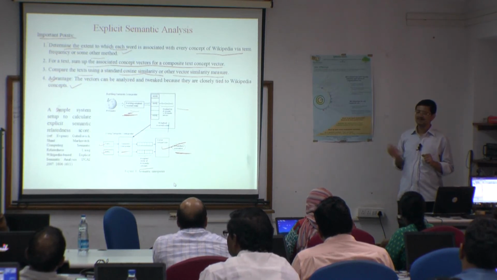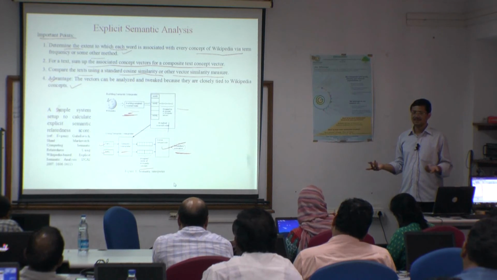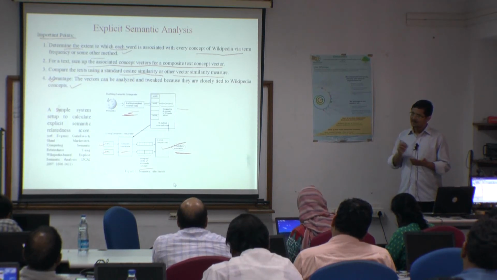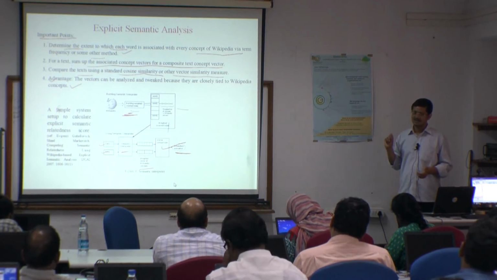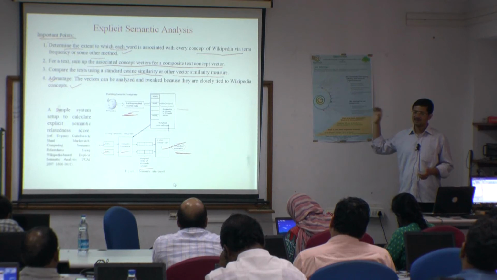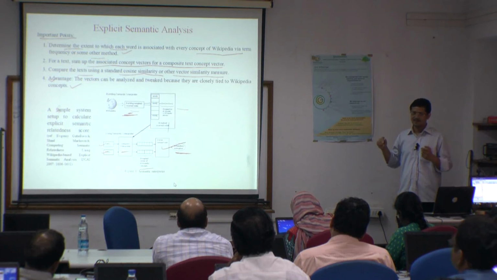For that you can go through key phrase extraction algorithms, or you can use semantic similarity also. But semantic similarity will give you the importance with respect to the entire knowledge base, not with respect to a document. For example, in a document you use the word fighter plane. Fighter plane is a famous word.